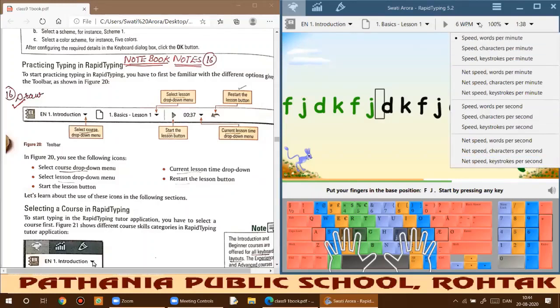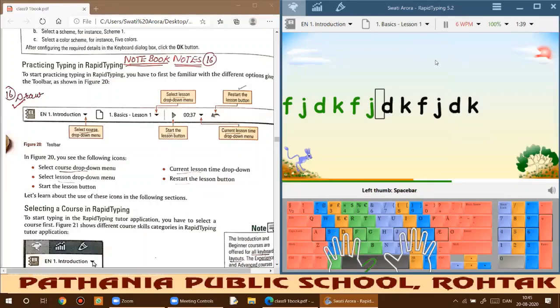Right now it is measuring your speed in words per minute. Okay, so you need to learn all these units of speed so that you may easily check in which particular terms your speed is being compared or used for particular analysis, right? I hope it is clear to you.